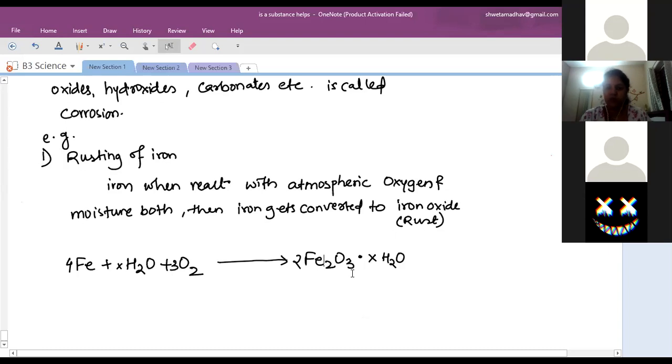Okay. Ma'am, I have another doubt. When a normal piece of iron pierces our skin, we don't get any infection. But when rusted iron pierces our skin, we get infection. Why is that? Because the rusted iron oxide easily reacts with skin cells, and an infection will start happening, and that infection is infectious. It will keep on increasing inside the cell. So is it very risky? Yes, very, very risky.